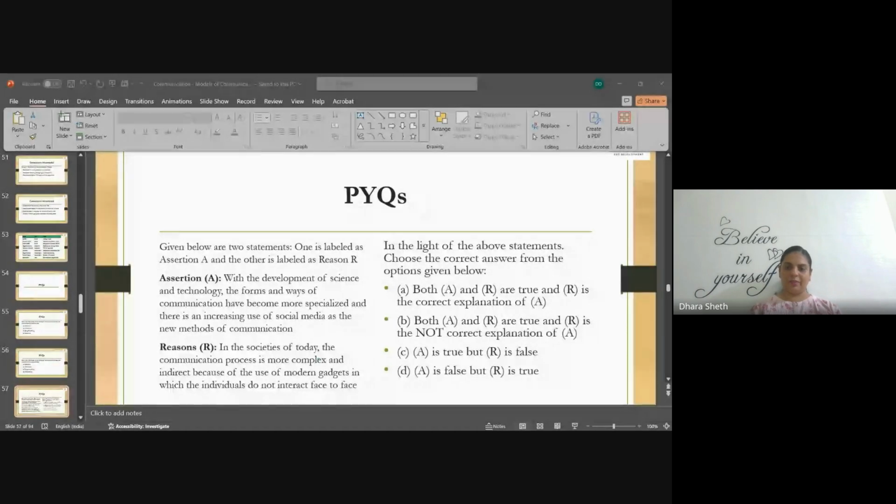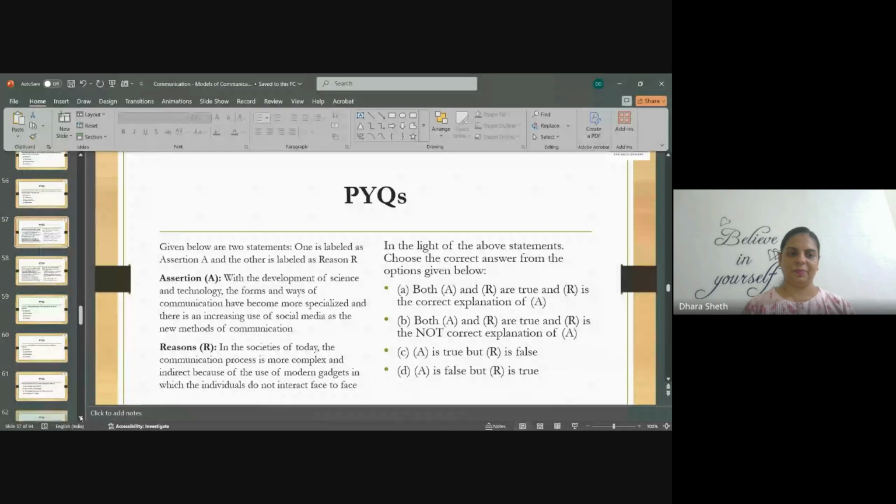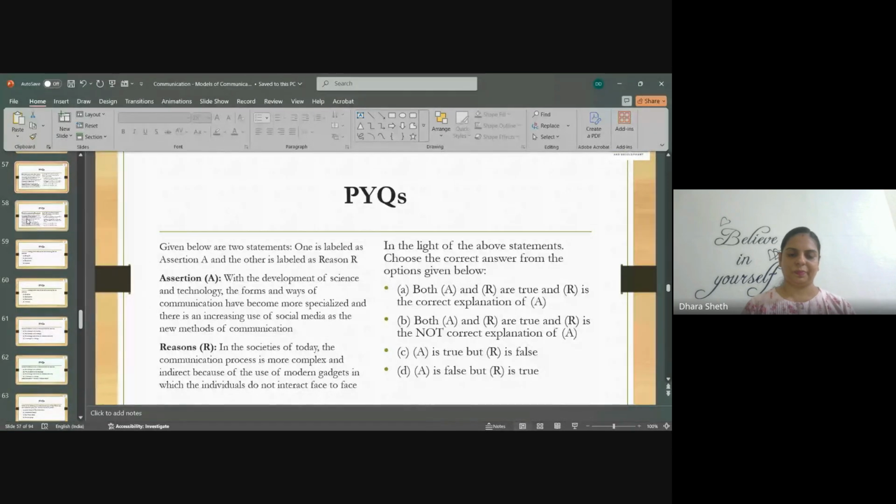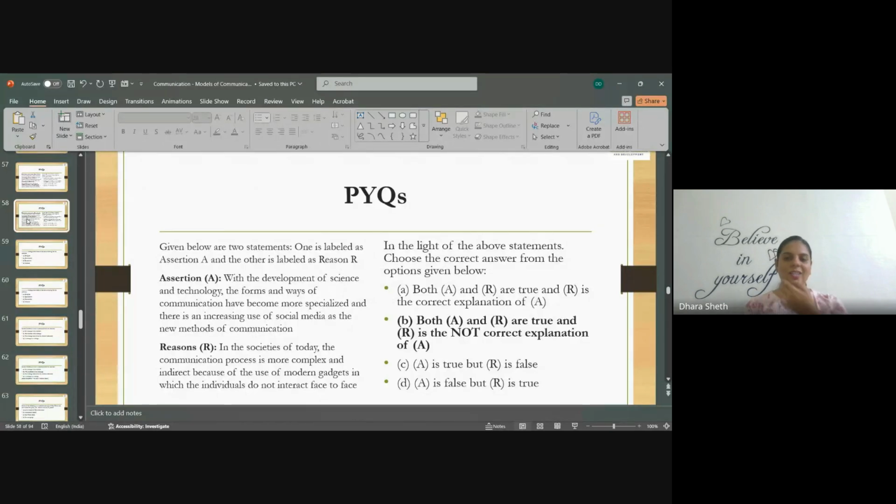B, A, okay. More answers. You can guess. Come on. In exam, you're not supposed to leave anything blank. There's no negative marking. Neither there nor here. I don't even take names of people. A, okay. A lot of people in favor of A. So R is not the correct explanation of A.